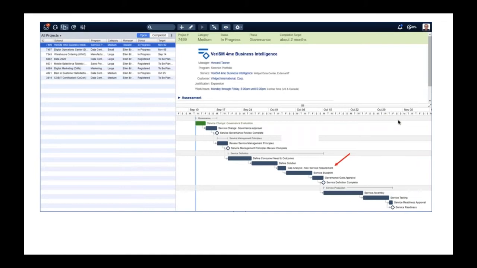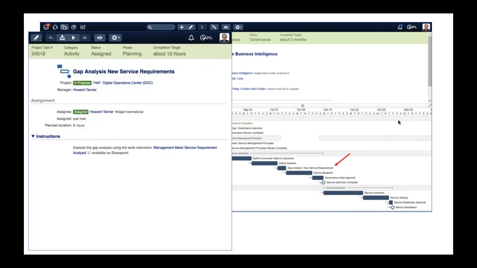So here we see, for example, the gap analysis. At a certain point in time, you want to do a gap analysis. What are we currently capable of as an organization? That part you have already registered in the application using the management mesh. But now you're going to look at, okay, what is it that I need for this specific new idea that I have and that I want to bring to market?